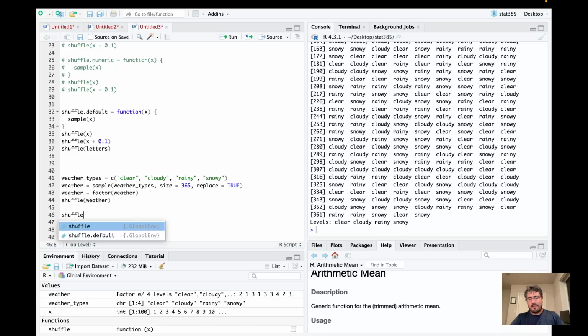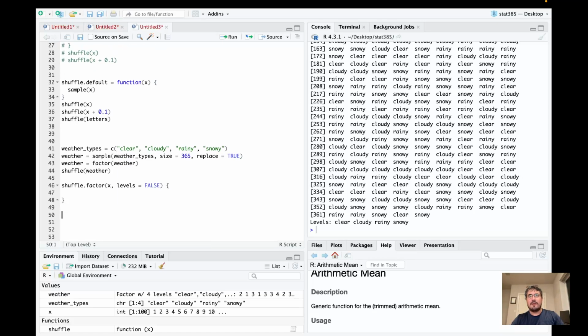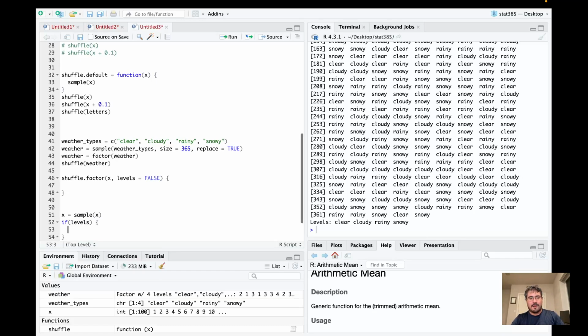Let's say I want to actually shuffle the values around like we've been doing, but also shuffle the levels around. So I'm going to make a new argument. So let's see here. X equals sample X, if levels, levels X. So I'm basically,